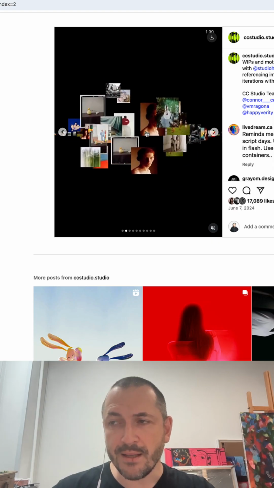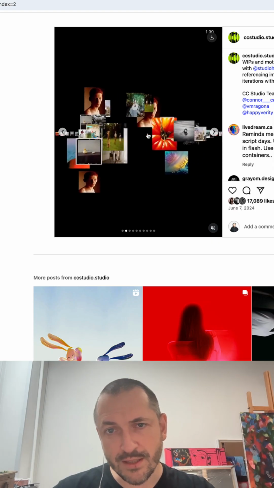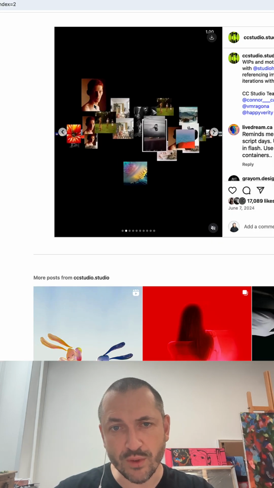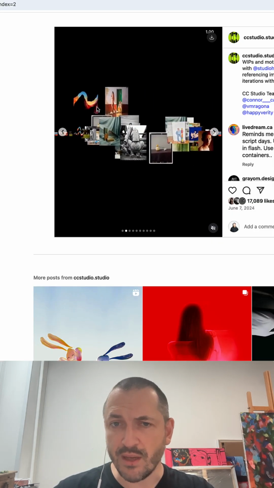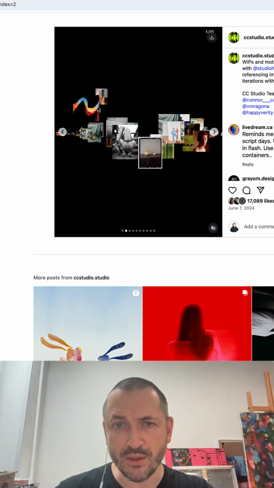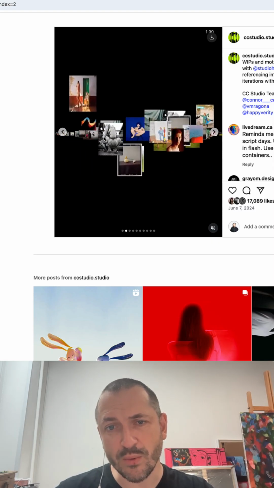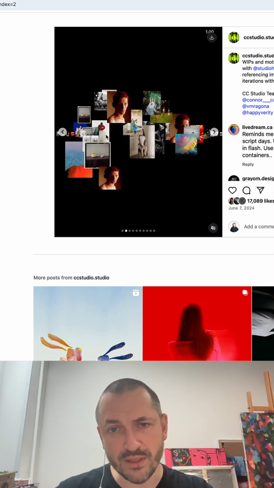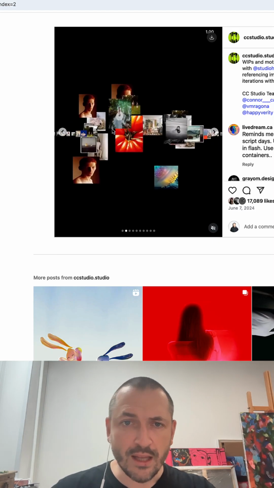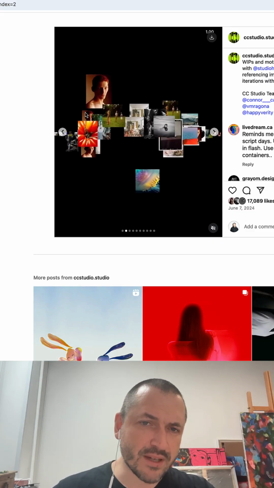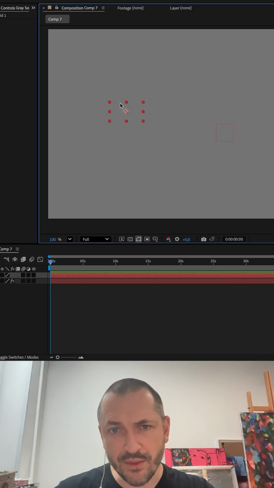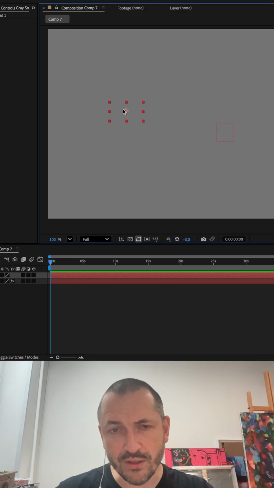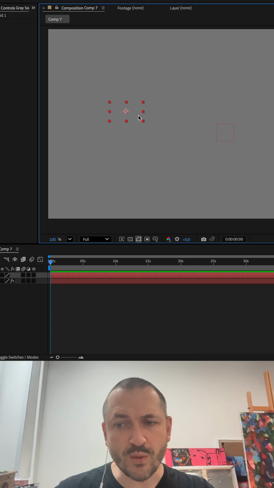Just my kind advice: better not to make these frames full HD, because After Effects will say please no to you when you add so many photos or videos, and everything will be full HD even if the scale is 10%. So estimate the maximum size. I think it's 1/10, about 1/10 of the screen. Let's make these pictures 1/10 of the screen.